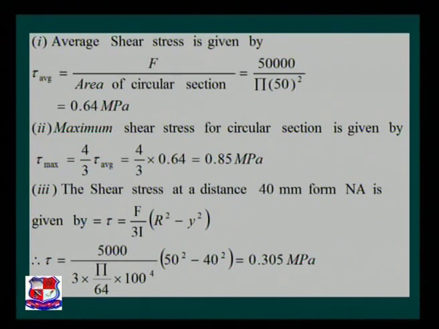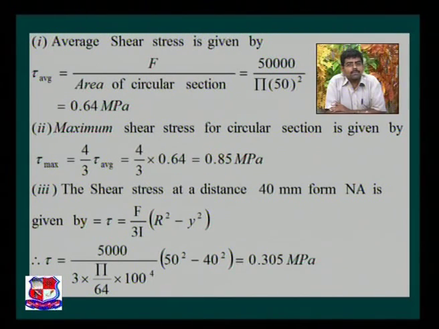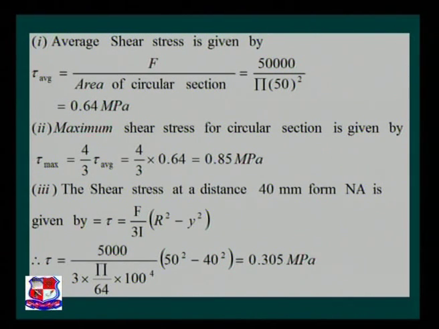But the maximum shear stress for circular section is given by the equation 4 by 3 tau average, 4 by 3 into 0.64, that is 0.85 megapascal. So you can clearly visualize that we are using a correlation between the maximum shear stress and average shear stress. Next, the third one, the shear stress at a distance of 40 mm from neutral axis,